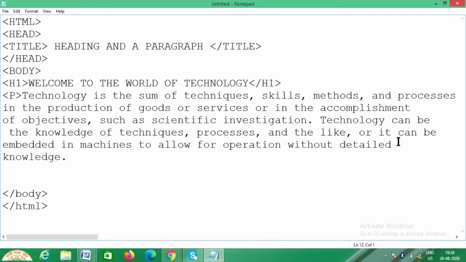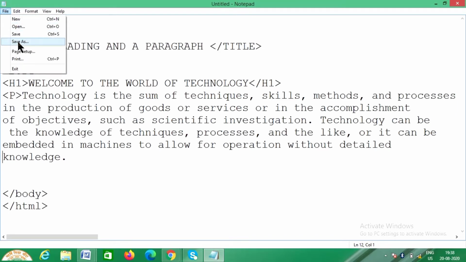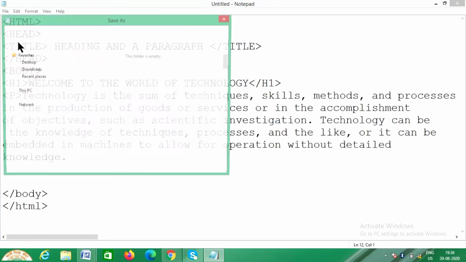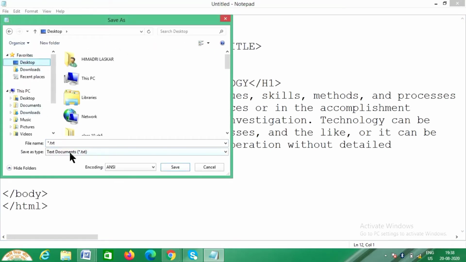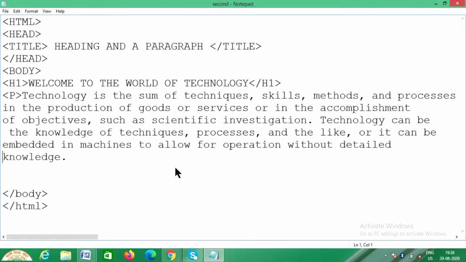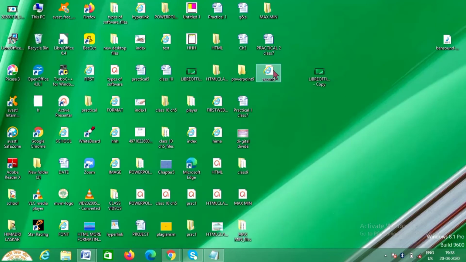Okay, next thing, there is one more point, but I'll tell you after 2 minutes. Now let us save it. As I have ended body and HTML, let us save and see how it appears. Now here you see properly, students, I have not written it in a single line, I have written it as a paragraph. Okay, let us save it and then see how it appears. So Save as, I'll save on the desktop, and here I'll write second, as this is my second practical, .html. Never forget to give .html. Save it.